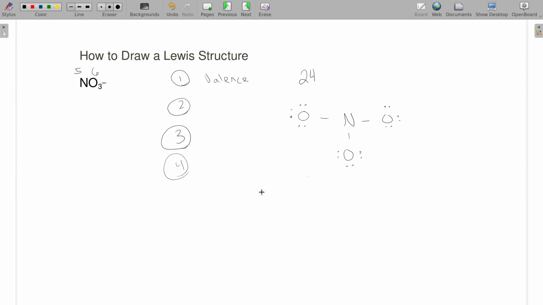Intro, we actually follow the octet rule. Well, this being nitrogen and oxygens, we really just need to follow the octet rule. So that nitrogen right there is not happy because it only has 6 electrons around it. So I'm just going to grab 2 off one of those oxygens, pull them off the last one I just drew and make a double bond there. Now this one will resonate. That double bond can move between all those 3 different locations, and that lone pair moves around with it. But that would be our Lewis structure for NO3.